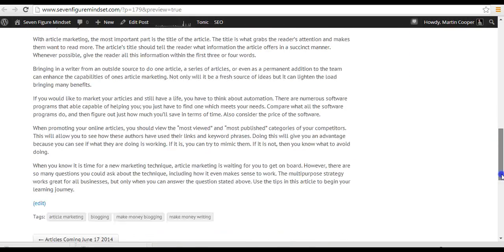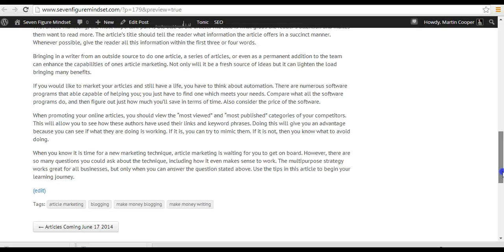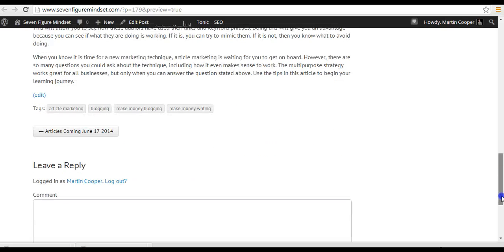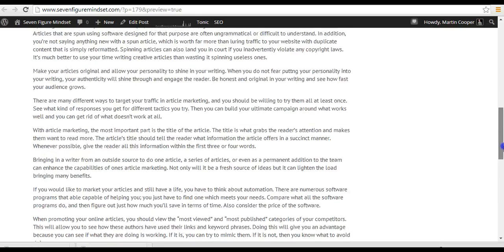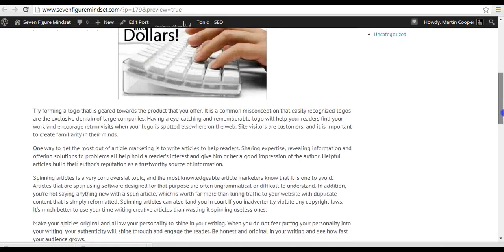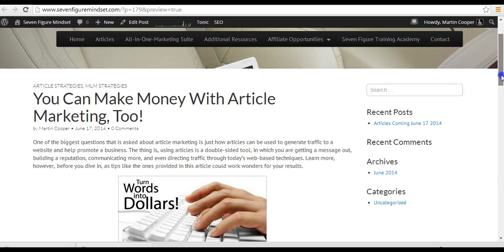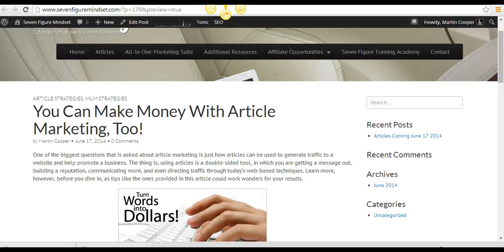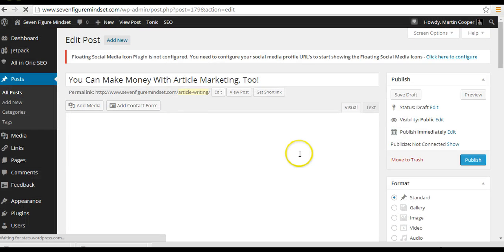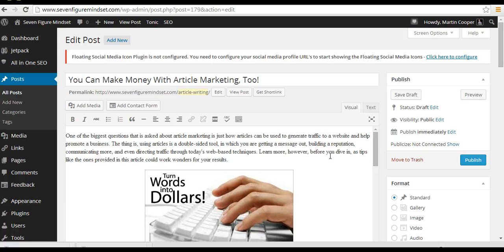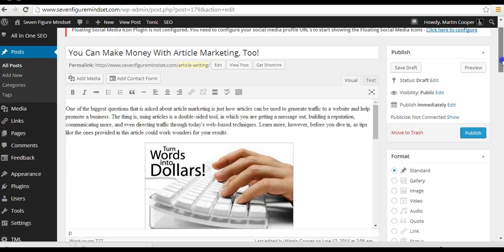And of course, you're going to make sure that you proofread your article. One thing that you definitely don't want to do is put out an article which doesn't have correct grammar or spelling in it. All right, make sure that you do that. So now we're just going to go back and edit the post. And once you are satisfied, once you go through it and proofread it and make sure that everything is set and ready to go, you're just going to hit the publish button, and that's basically it, guys,